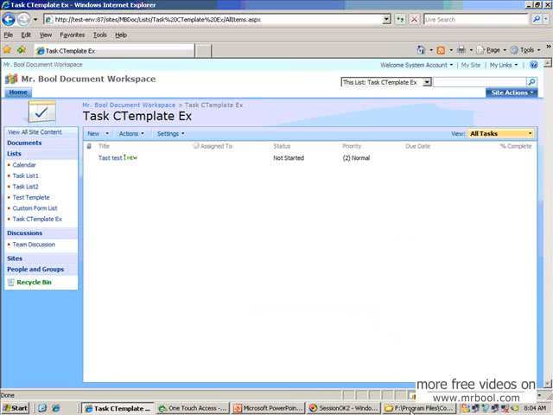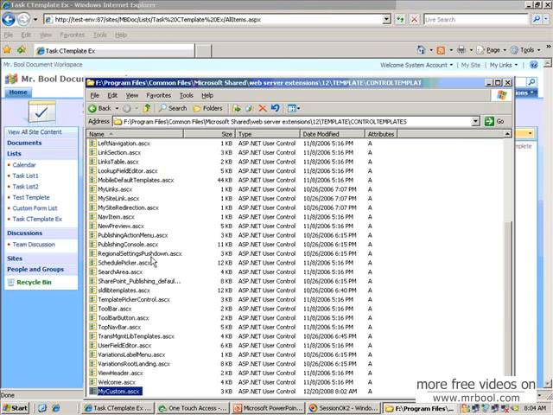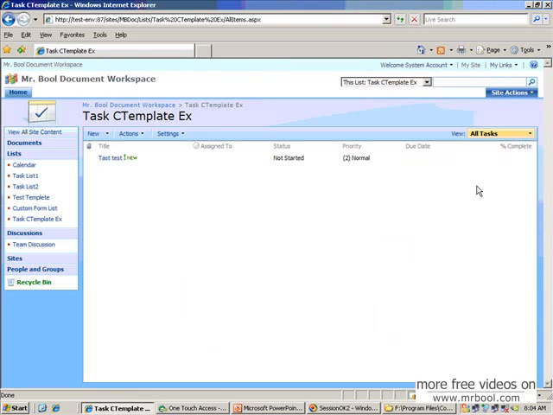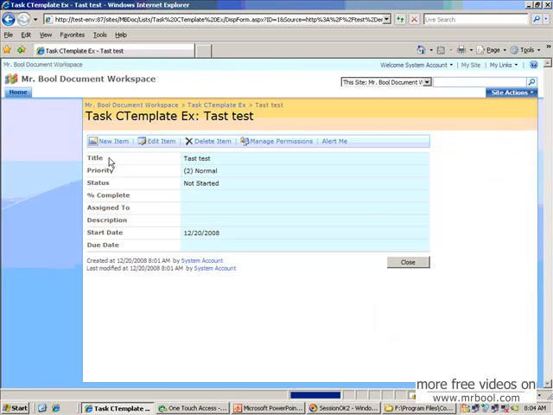Okay, so I will change a little bit more in this page. For example, if you want the alignment of this left title or label to be right alignment, then what you have to do